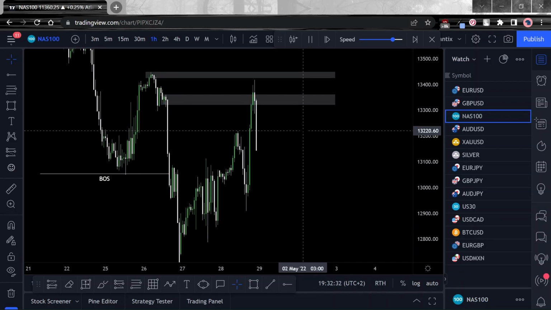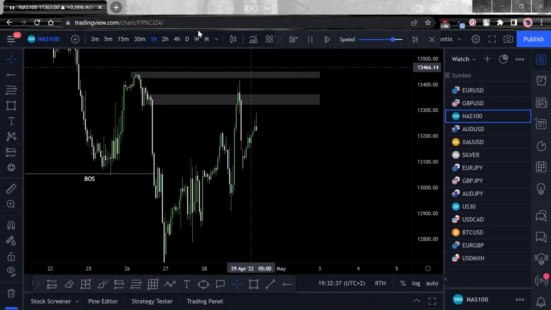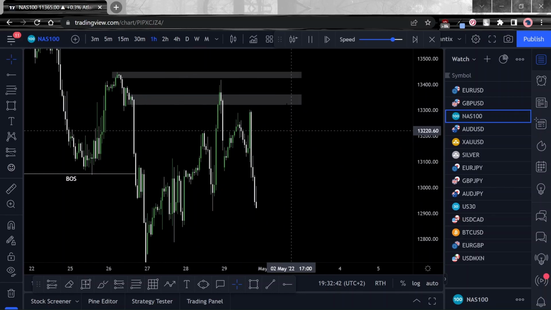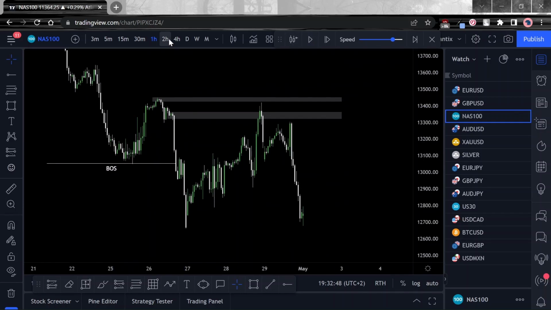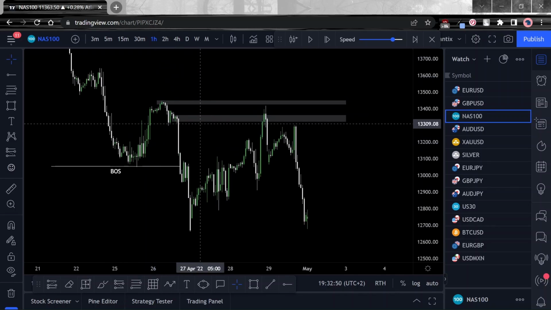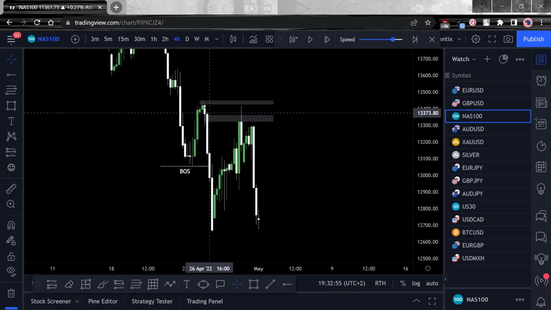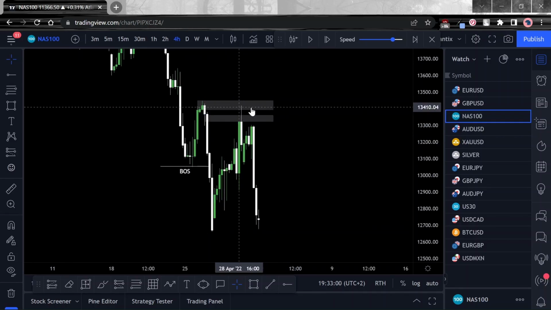So let's wait. Oh, there we go. I think you may have seen what just happened over there. We had our 4-hour zone being respected, and I think price tanks from here on out. So let me just show you what just happened over here. Obviously we refined this zone to make it much smaller, but as you can now see, price did get into the 4-hour zone like that, and it gave us an entry, but it didn't reach the very top,